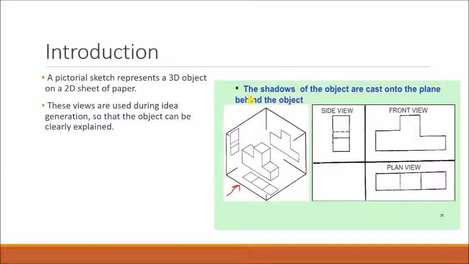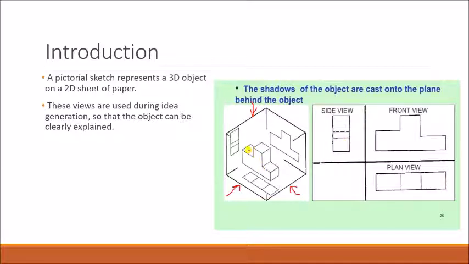Next, this is your top view. I'm seeing from here on the top. On the top, three faces are visible, so the three faces are drawn based on whatever dimension is given on the horizontal plane. That becomes your top view. For example, now I want a right view. This right view, its projection, or its shadow, will fall on the left plane. Hence, the right view is drawn on the left plane. Clear? Here one and two faces are visible, so that one face and these two faces are drawn.